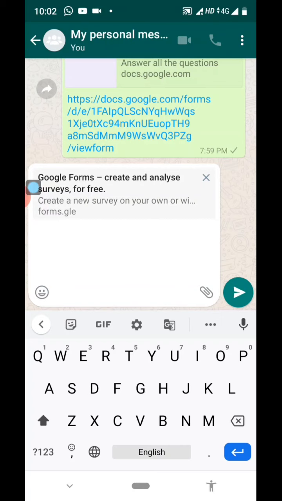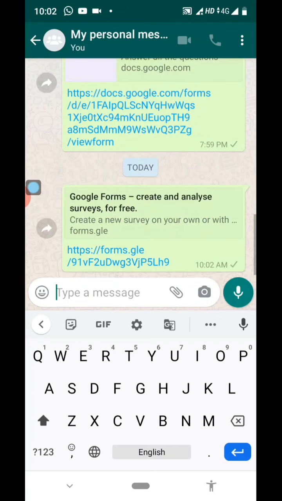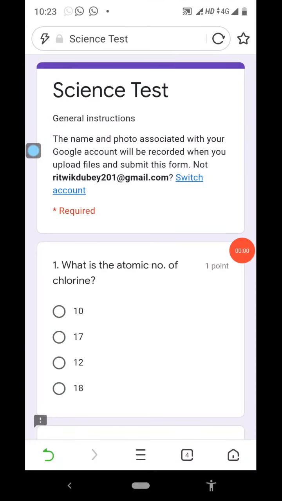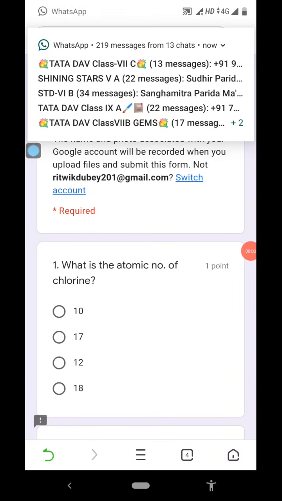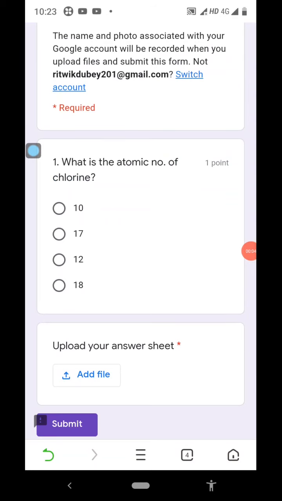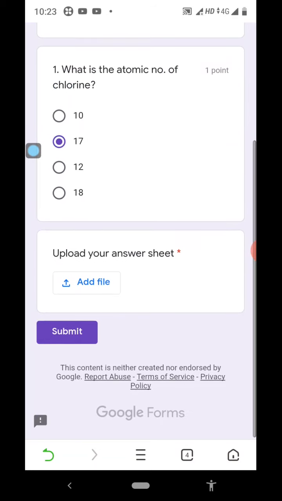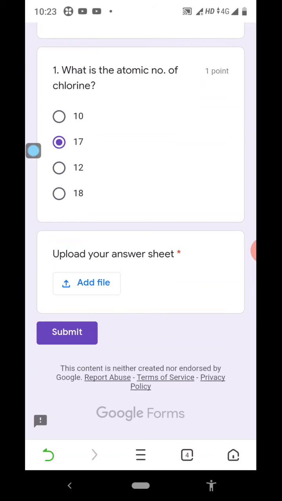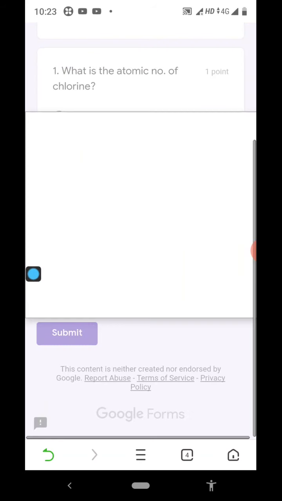Don't worry. See, now assume I am the student. I have got this link from my teacher. Let me click over the link here. So this is the form. Suppose the student has selected what is the atomic number of chlorine, 17, and upload your answer sheet. He will have to click on this button, add file.